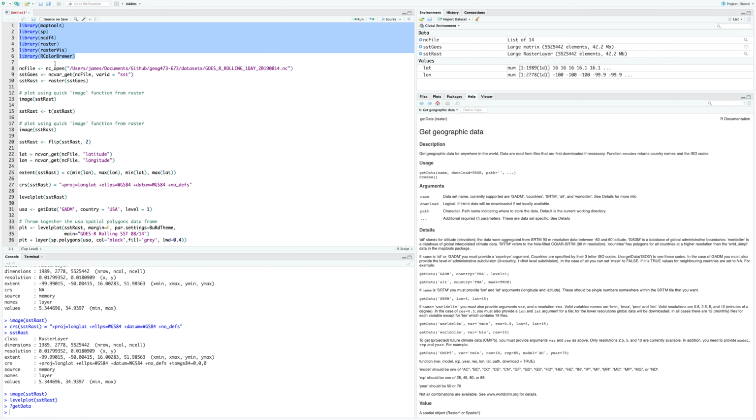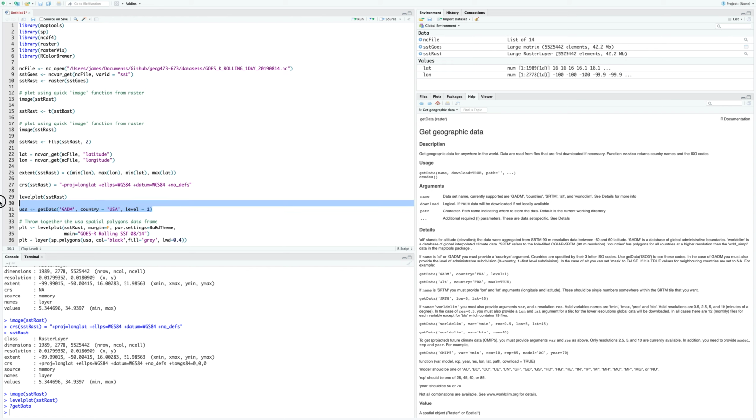They're just supposed to be downloaded in a plug and play, and they're also there so that you don't accidentally delete them. So you can find these. They're on your computer, and they get stored there. And the exact same happens here with this getData function. What we're doing with this getData function is downloading the GADM dataset,